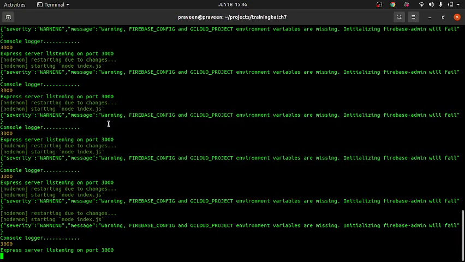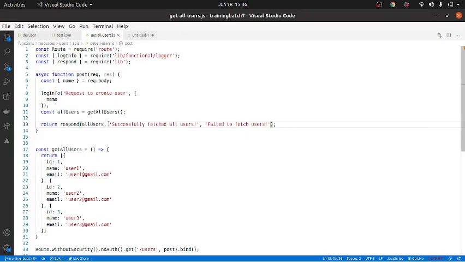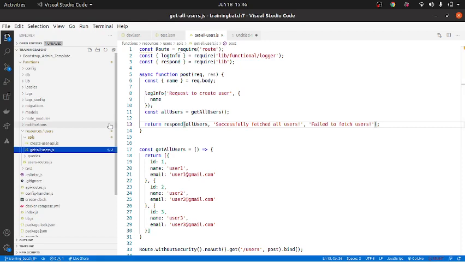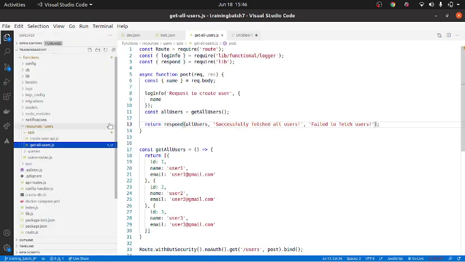Resource not found. Let us take a look at why. We created this get all users, but we have not loaded it, so that is why it is telling resource not found.